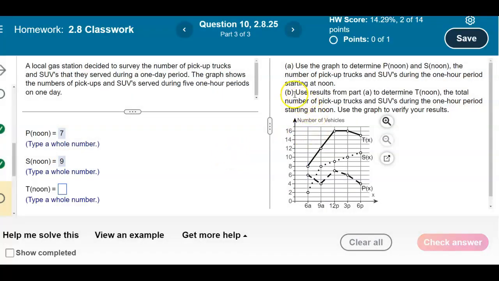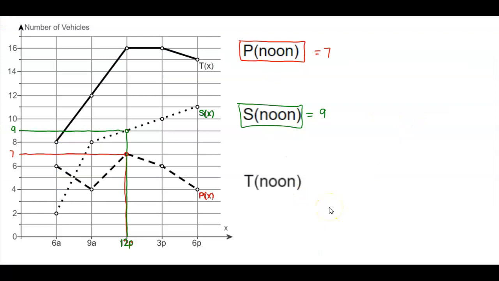Now in B it says use the results from part A to determine T of noon, meaning the total number of pickup trucks and SUVs during the 1 hour period starting at noon, and then use the graph to verify your results. So the first thing we're going to do is add them up. Let's write the formula. We want to take P of noon